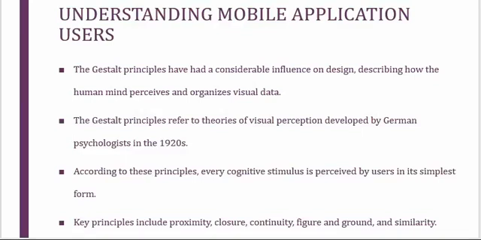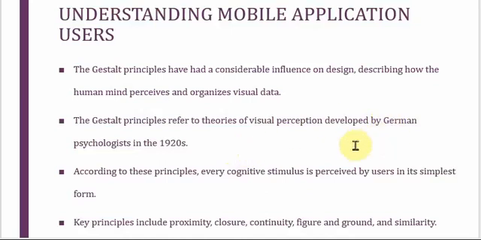So Shantaram is planning to develop a Ludo game. So what he will do, he will have four coins. Four coins which are of the same color, right? When four coins are of the same color, we will tell that is for one person. So that is how you are grouping. The same thing we are speaking about here. In Gestalt principle, what he is saying is how the human mind perceives. So what is that perceiving? In our mind, we think that four coins of the same color means they belong to one player. That is organizing visual data.